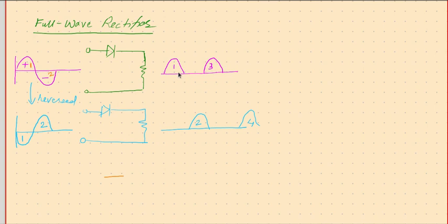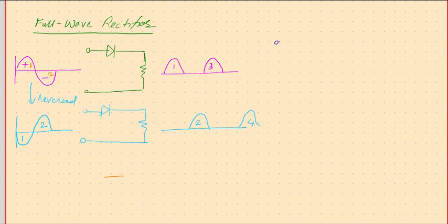So this circuit is allowing 1, 3, 5, 7, and so on, all odd half cycles, whereas if you change this and apply it to another such circuit, then it is going to allow only even half cycles 2, 4, 6, 8, and so on. And if we want all of them, then we need to make sure that these get added up. To add two currents, we just need to connect them in parallel, and that's what we can simply do.